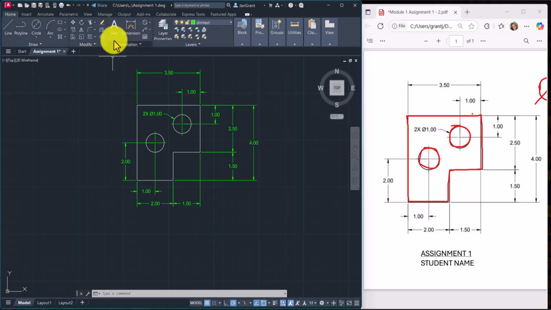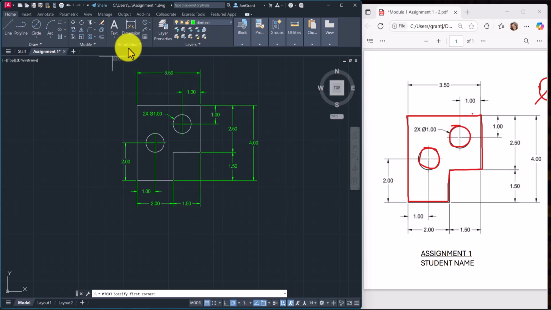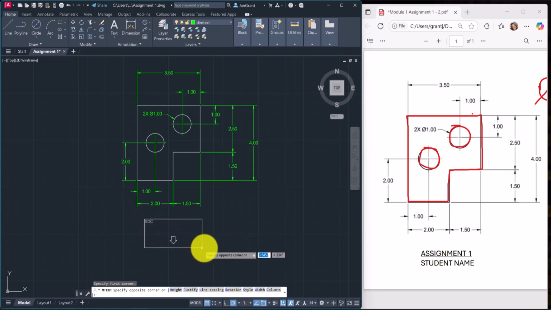Underneath the annotation panel, not tab, panel, we're going to look for the A and text and click on that little arrow underneath the text. I just want to show you that this is multi-line text. It's like a paragraph of text and not a single line. When we draw this, we're going to draw like a box that all the text is going to go in. So when we click on multi-line text, you can see the ABC there. See that? I'm going to click a point where I want the text to start, and then pull your mouse down and to the right,